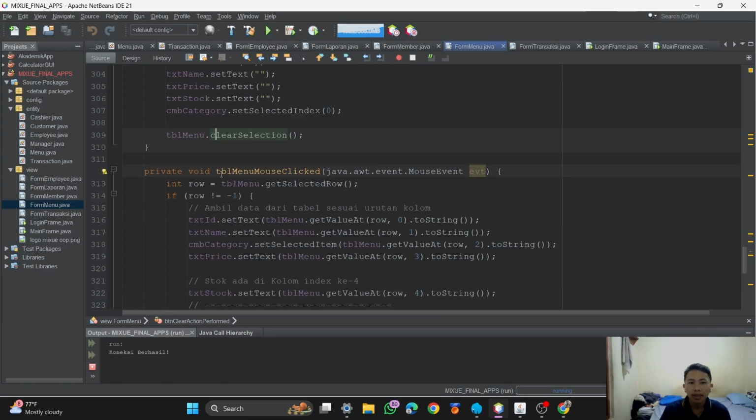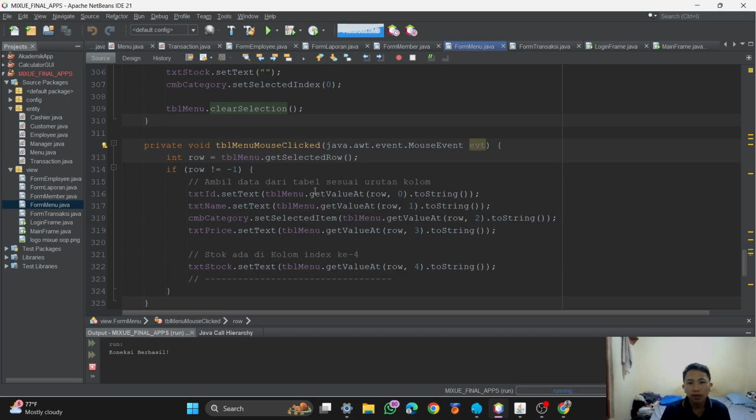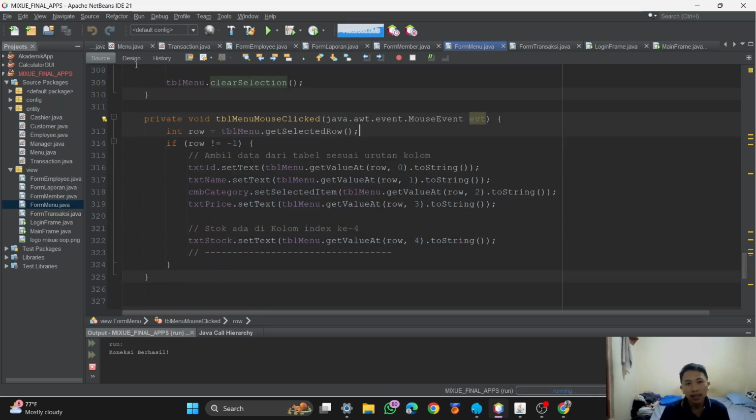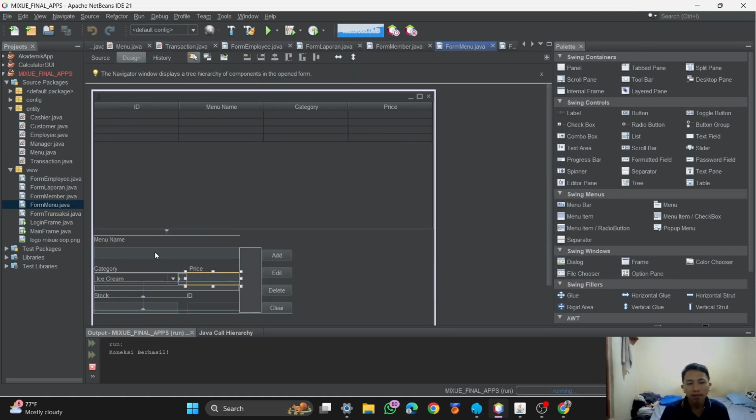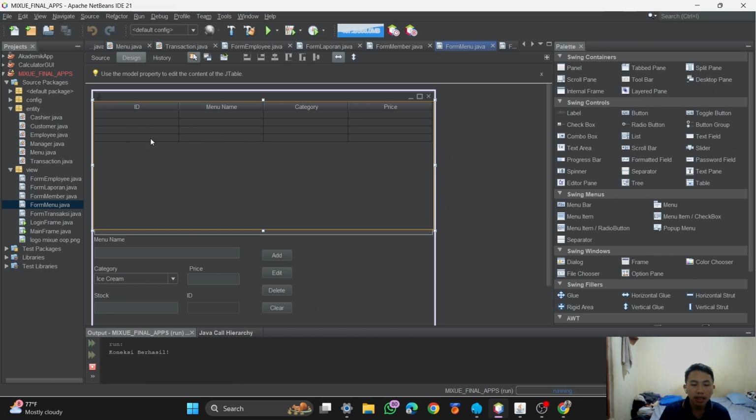Next is the table menu mouse click. When we click the table, it will change the columns of stock and price if we click a value of the table.